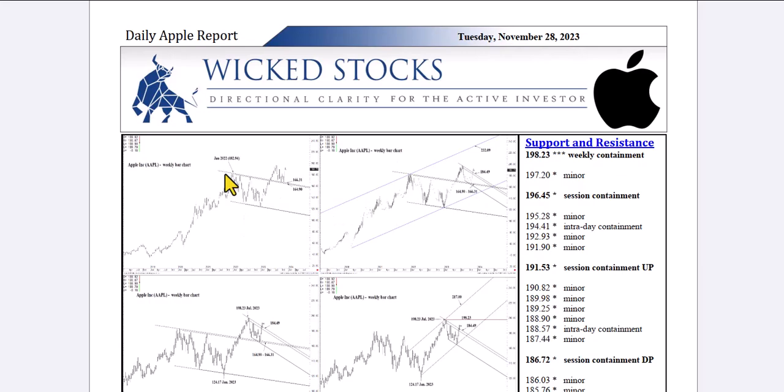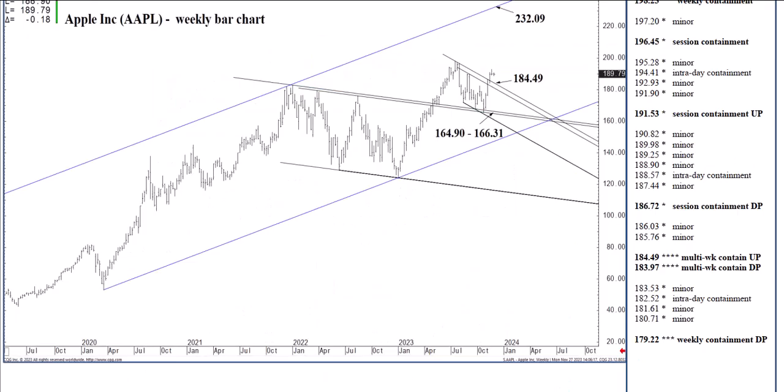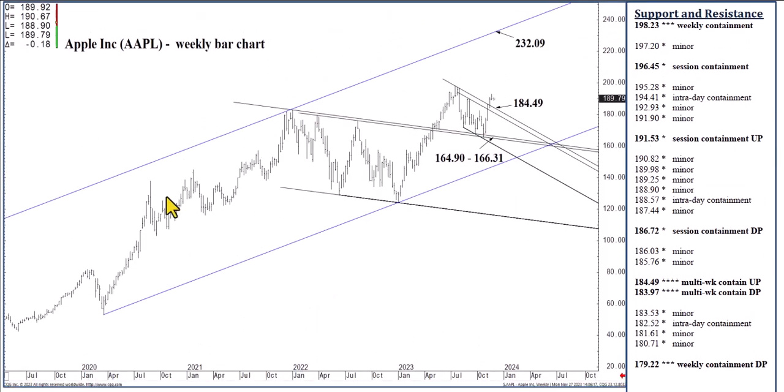Let's move on to the Apple charts. We'll start with the big picture, work our way into the day itself. This is a weekly bar chart. Just a reminder that we've got a long-term buy signal that was elicited actually in May above these formations, 164.90 to 166.31. That indicated the 232.09 rising channel top as a long-term objective, a 1-year objective, possibly a 3 to